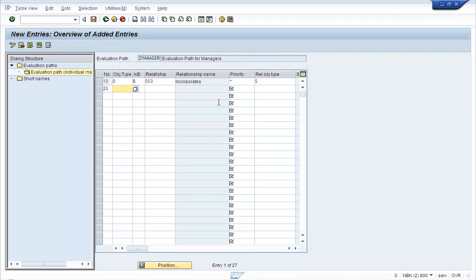And within the org unit, you could also have org units. So we want those org units also to be read for the managers. Let's assume a particular manager is responsible for some more org units.